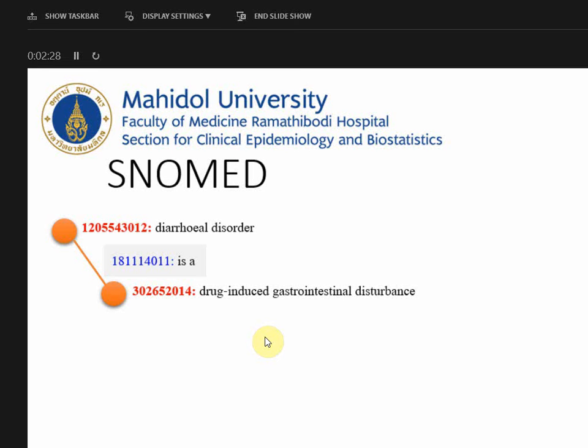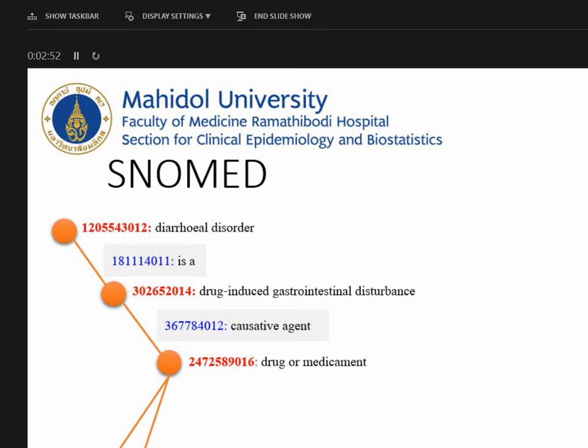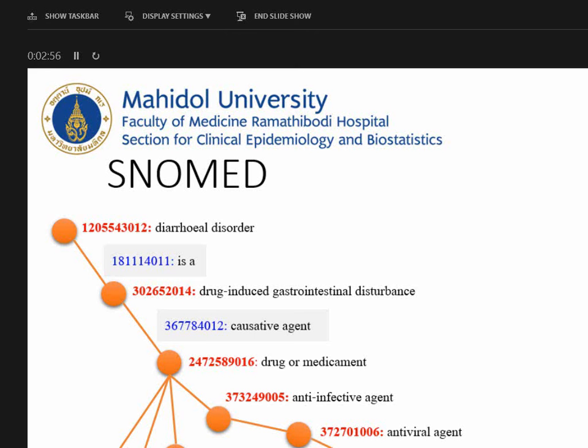Diarrhea, disorder, acute gastrointestinal distress is a concept and relationship concept. So they have some link, some relationship, and it can link to TMT